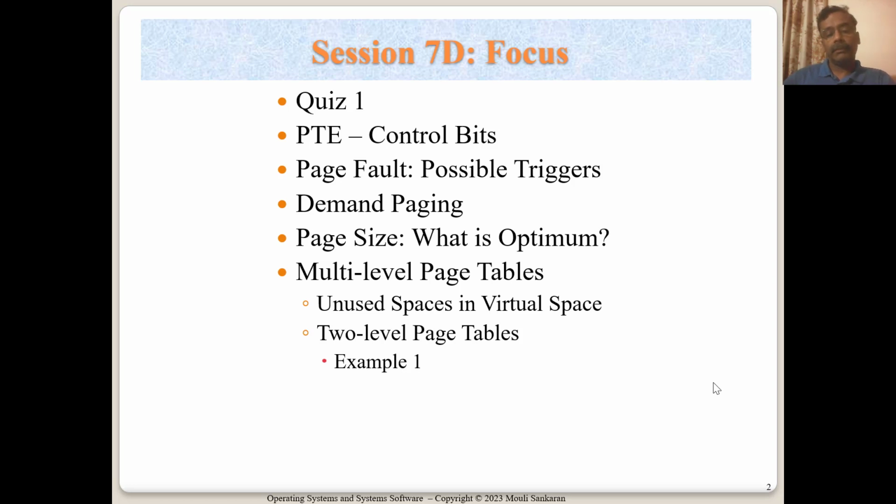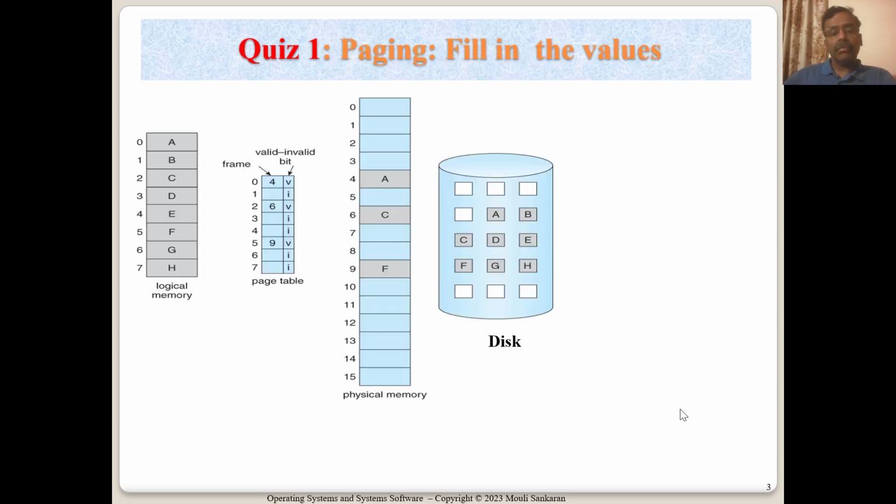So I would expect you to go through these memory management videos in the same sequence, because I would be assuming that you know certain things which have been covered in the previous lectures. So this is a very good quick recap of